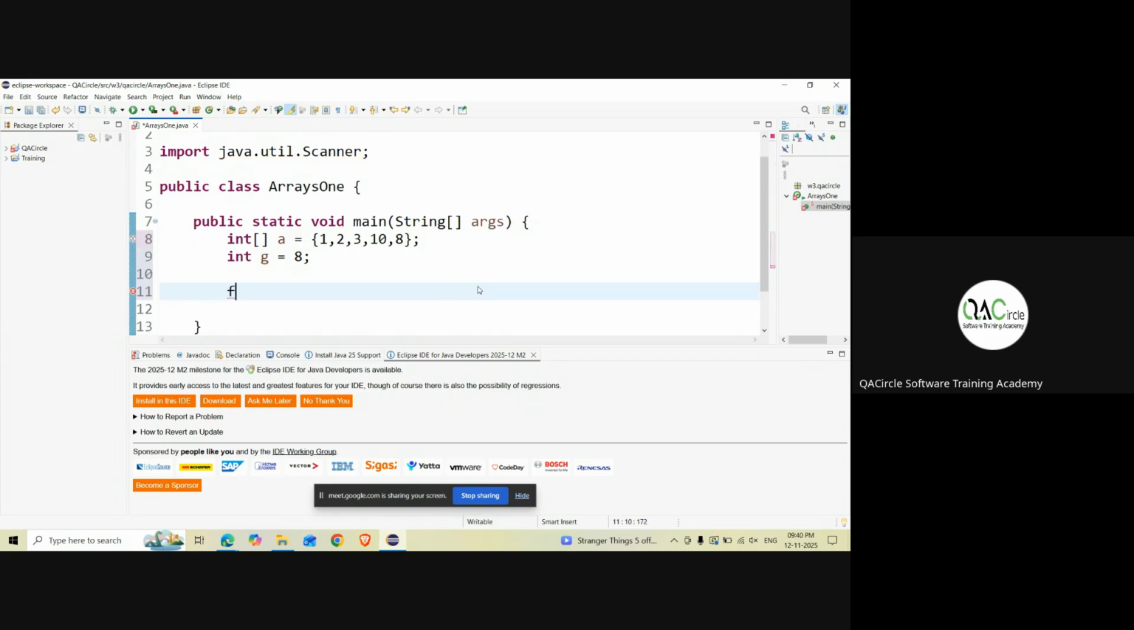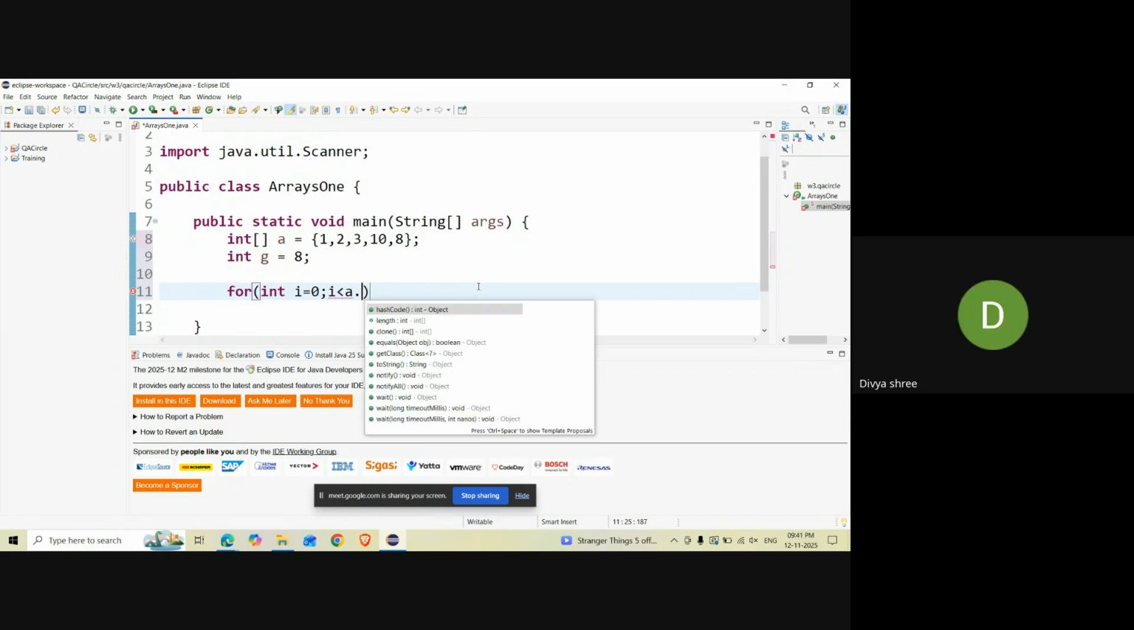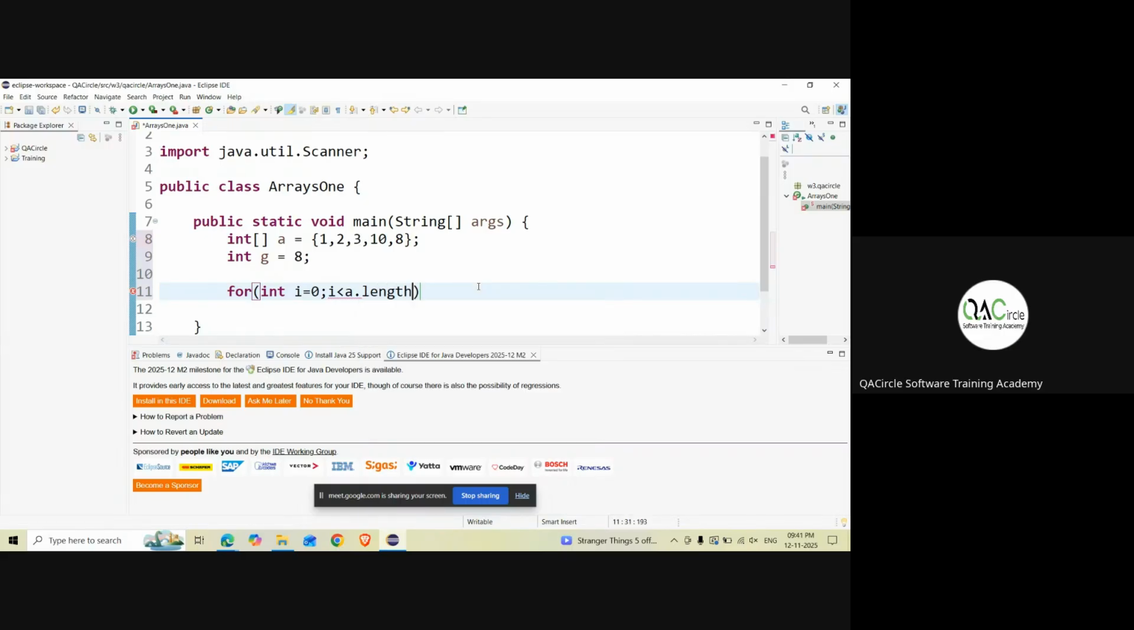How do you loop through an array? For loop: int i equal to 0, i less than array dot length, i plus plus. Okay, now